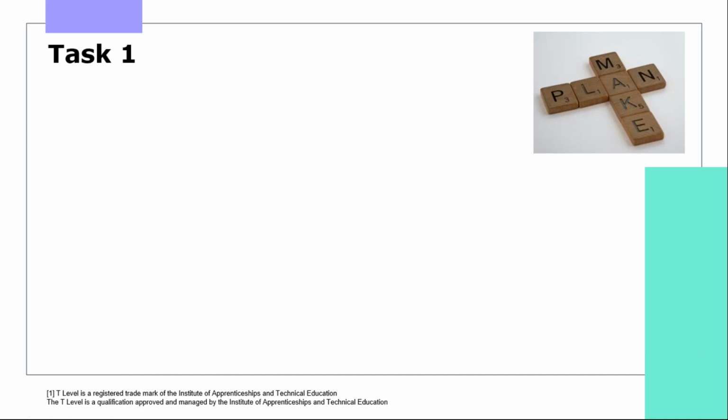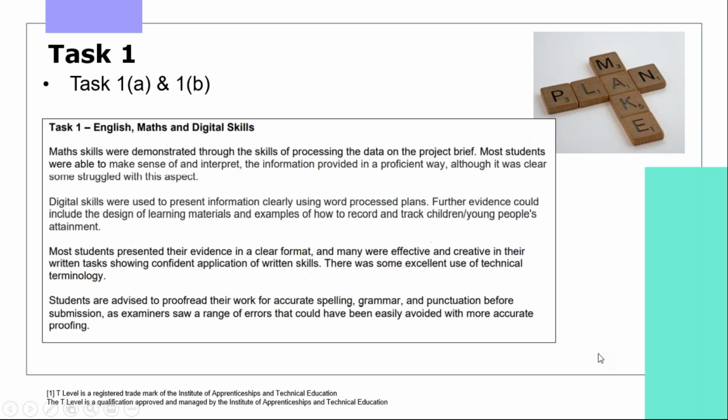So we're now going to look at what the report said about each of the ESP tasks separately. So for task 1, parts A and B, the students used the information in the project brief effectively to produce their early support and activity plans. Positive points in the report include when students demonstrated a sound understanding of the theoretical and philosophical approaches and made references to educational theories, concepts and pedagogy. So they brought in theory here that underpinned their plan, their ideas.